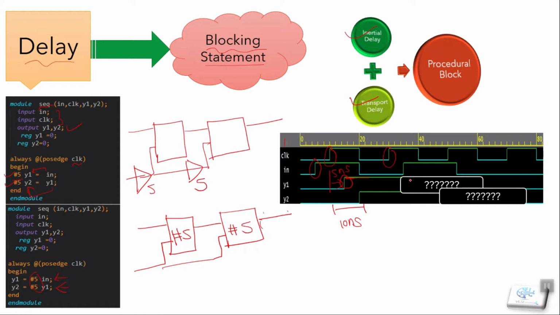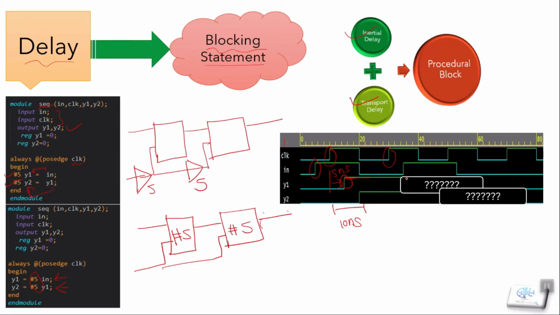For the sequential circuit, on the positive edge of the clock our input is low, so we expect the output to be low. But this is not what happens here, because each flip-flop has a setup and hold time, and we are adding this delay in our clock path. It will cause a violation here, and we get the output as high.